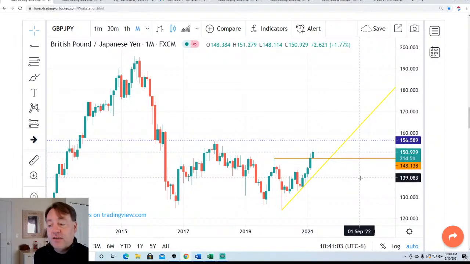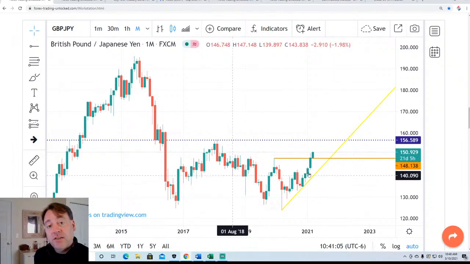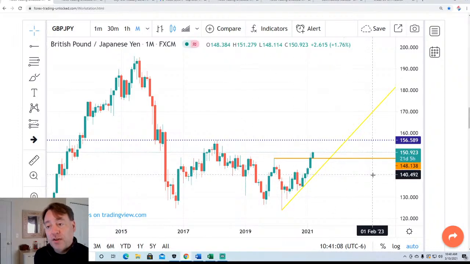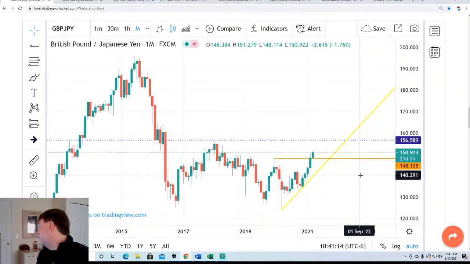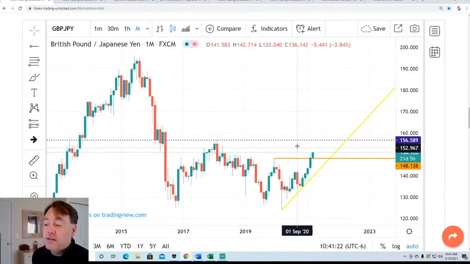I think you have to, this is probably in a wide range, if you would say right now, over the past few years. Are we ready to break out? Yeah, I think so. So if you're trying to sell, what is this, GBP/JPY? If you want to try and sell, do you have a stream bear like the British pound JPY? So this was a bear